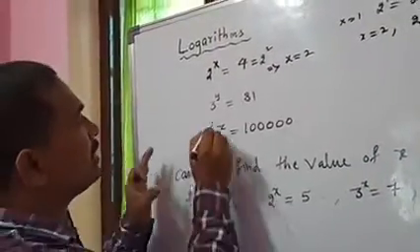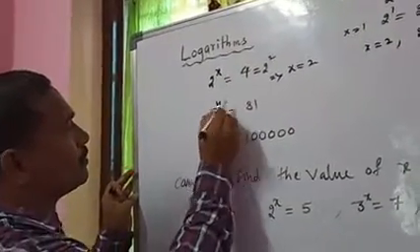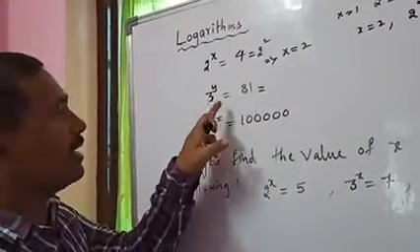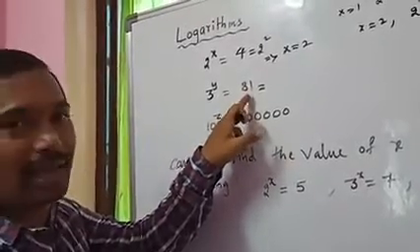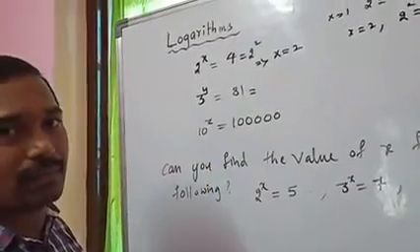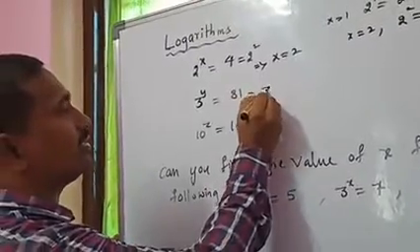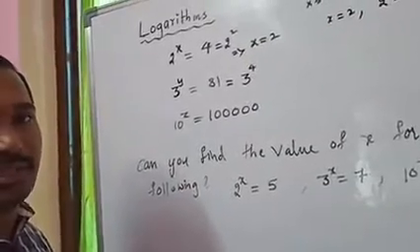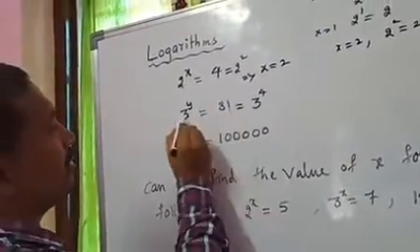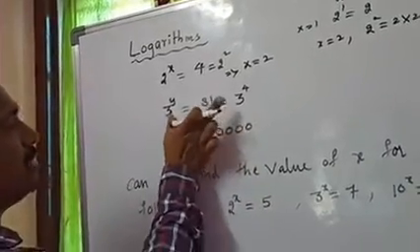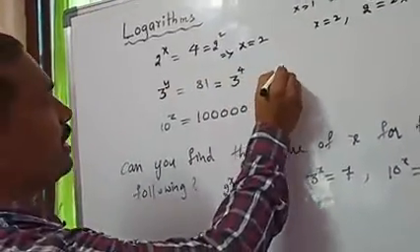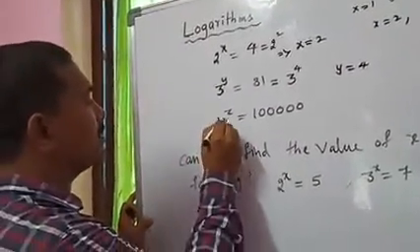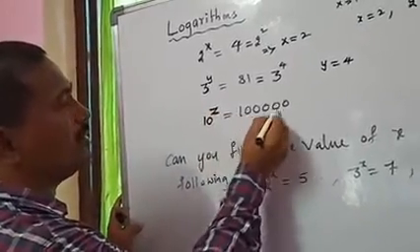Okay. Now see here, 3 power y equal to 81. Now the left side base is 3. On the right side, 81. Write 81 as a power of 3. So 81 can be written as 3 power 4. 3 3s are 9, 9 3s are 27, 27 3s are 81. Now compare. By comparing, these two terms are equal, which means bases are equal, so powers are equal. y equal to 4.